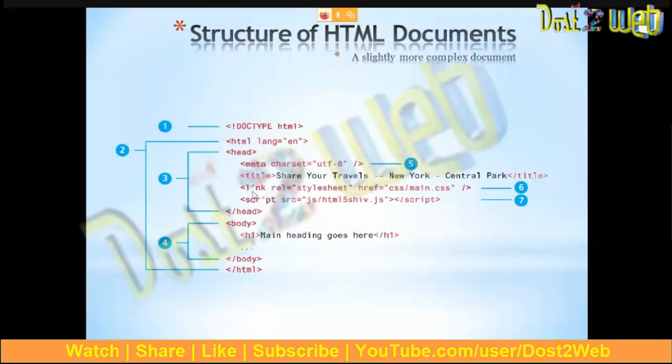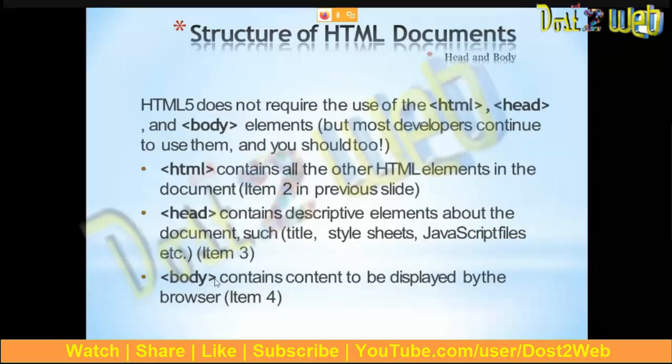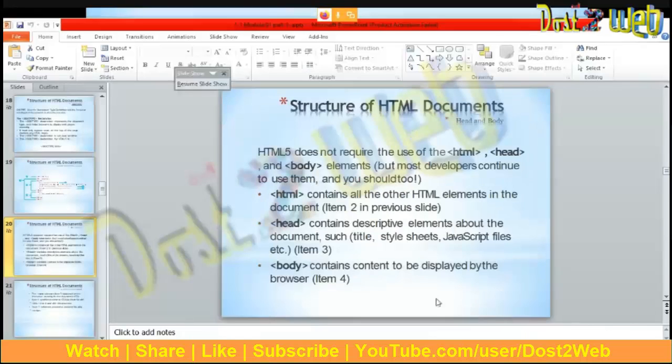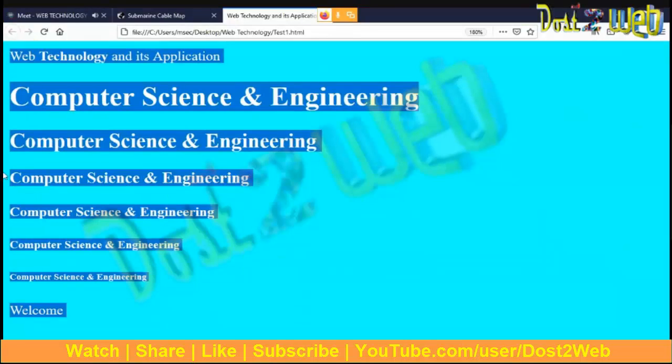So whatever you want, like validation, login validation, everything will be there in the JavaScript. So you have to add those scripts inside the head section. So that's what it says, point number 2. Point number 3 is the body content. It will display the information, whatever you have added into the body, and it will be displayed in the browser. You can see here what result we are seeing.